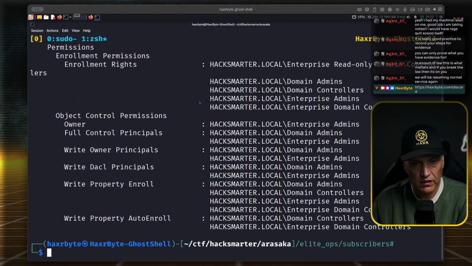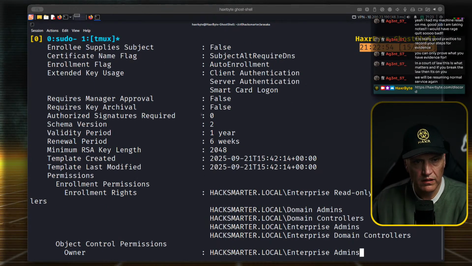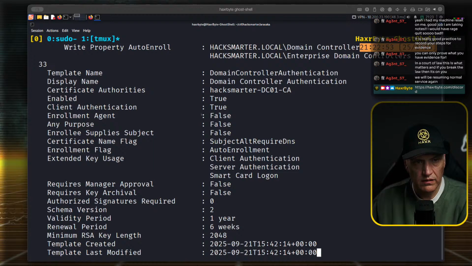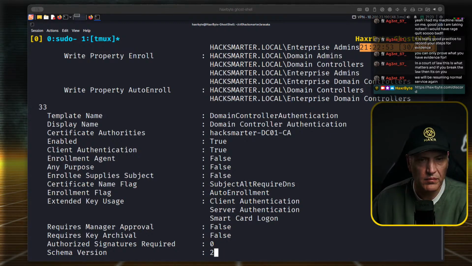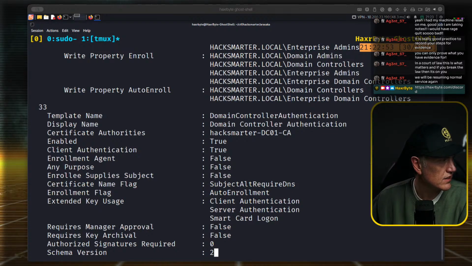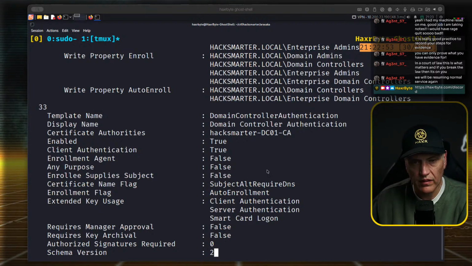Did it not pick up anything? Is that right? Normally it says vulnerable if it picks up, but I mean that depends on Certify. If Certify is up to date, or